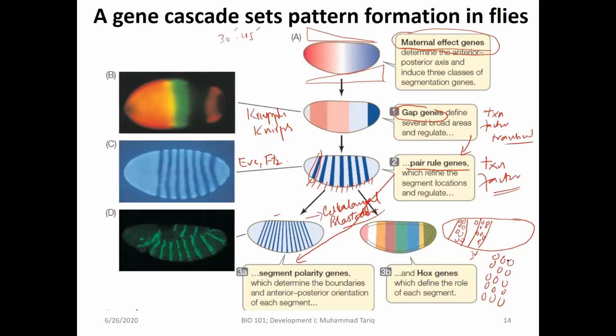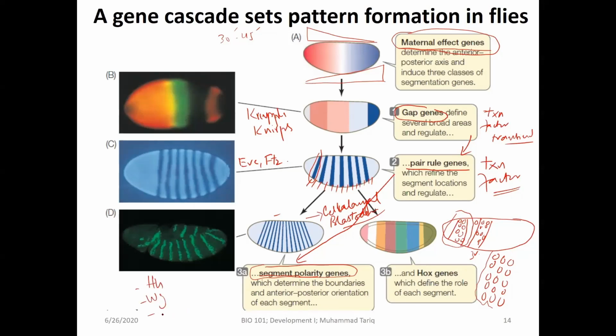And this is the time when, this is a segment, no? This line is one segment. We call that segments are getting polarized. Polarity. These cells will remain throughout life on this side and contribute to a specific region of tissue or organ as compared to these ones, and they don't mix up with each other. And this is done by segment polarity genes. And you know, cell fates are, and here segment polarity genes are, for example, hedgehog,